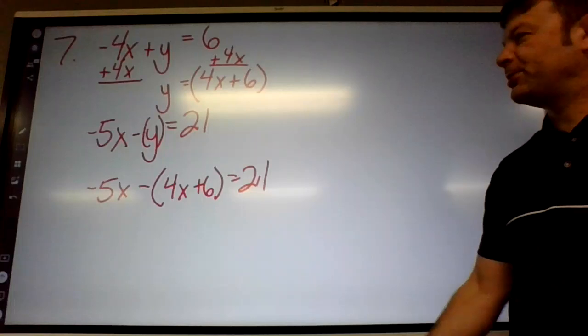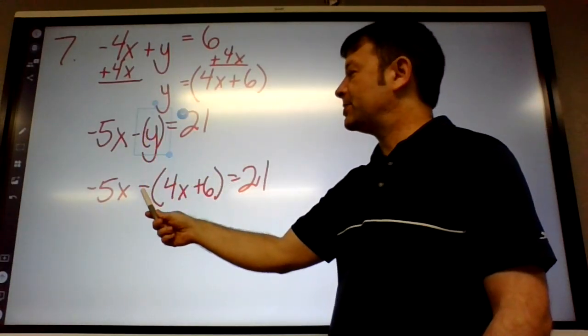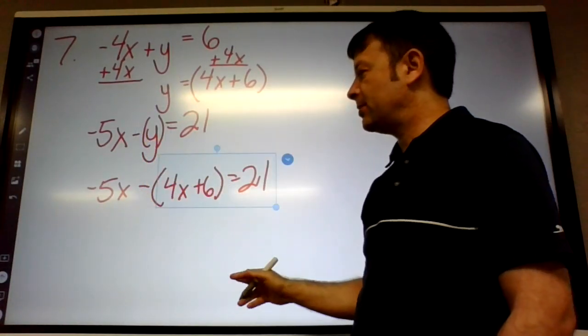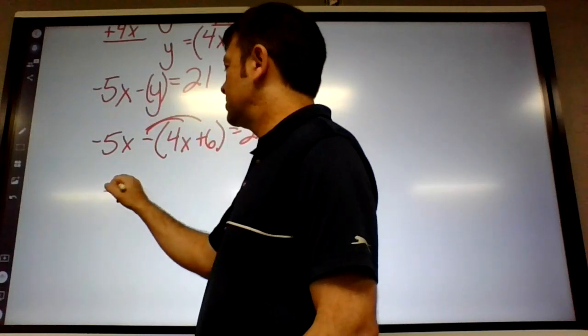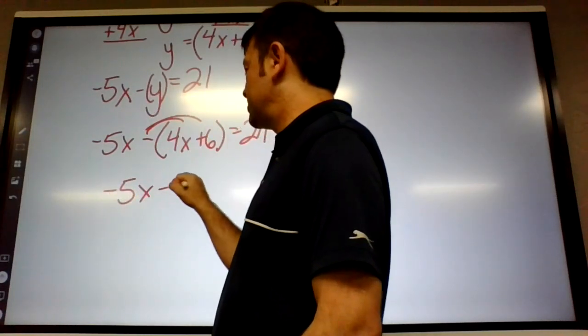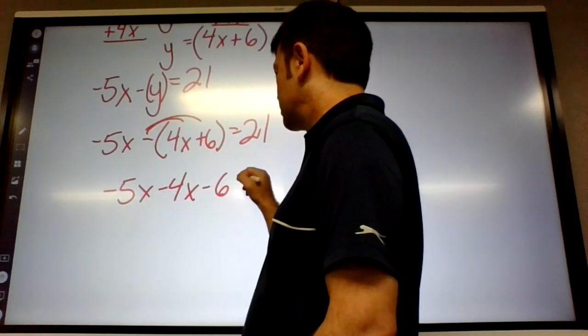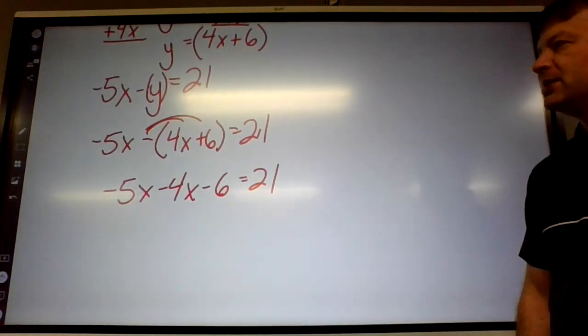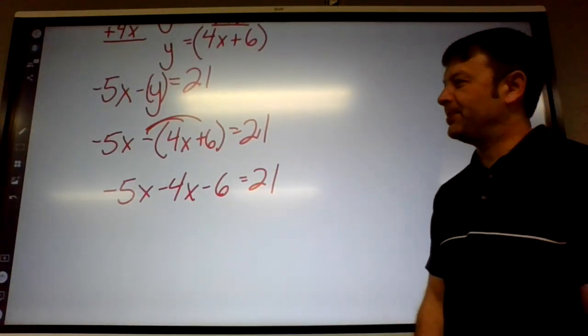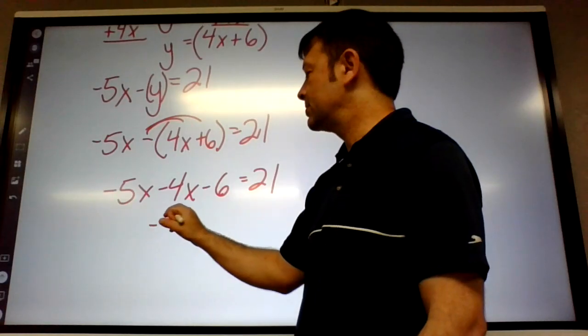Okay, so we're supposed to subtract y, which means we need to subtract all this. You guys know how to subtract all that? Like multiplying by -1, it's like distributing the minus. So minus 4x minus 6. So -5x minus 4x is